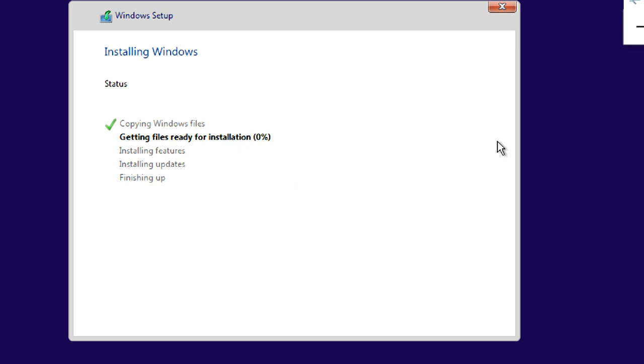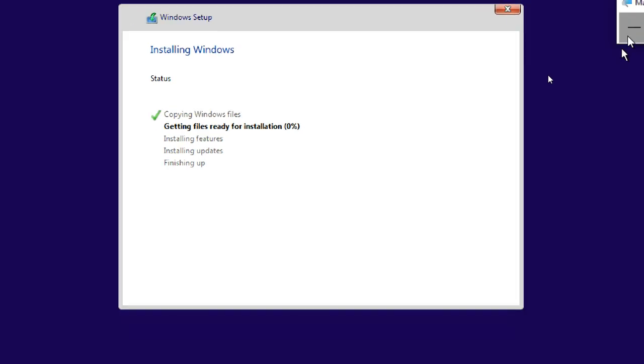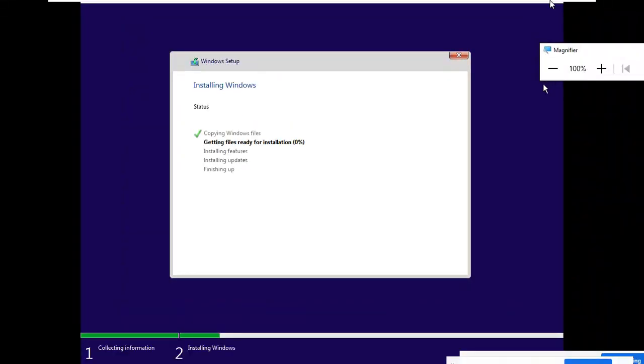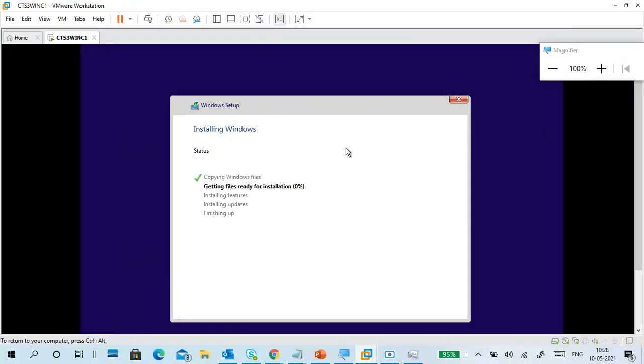After the restart, the steps you do are called post-installation steps. Whether you are installing Windows 10 on a physical machine or a virtual machine, the steps are the same. The only difference is that a physical machine has physical hardware, and a virtual machine has virtualized hardware. That's it.